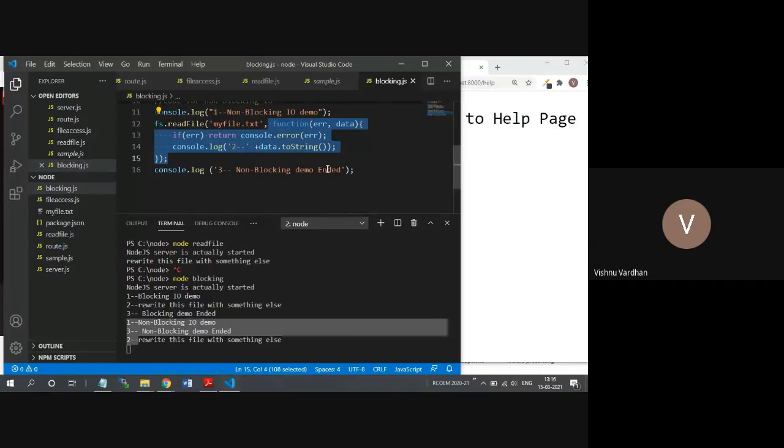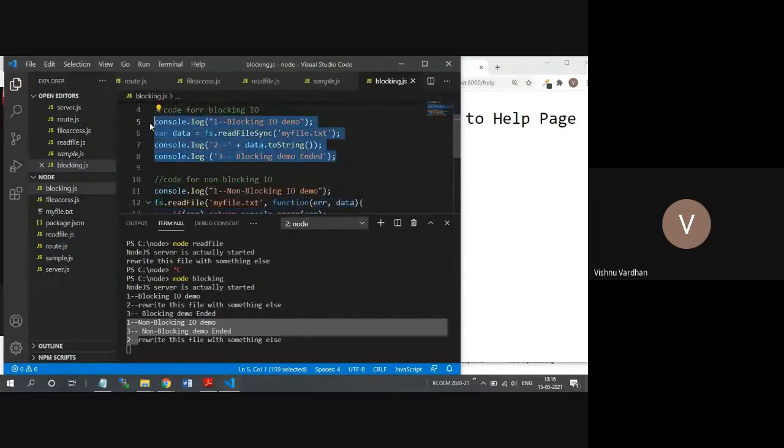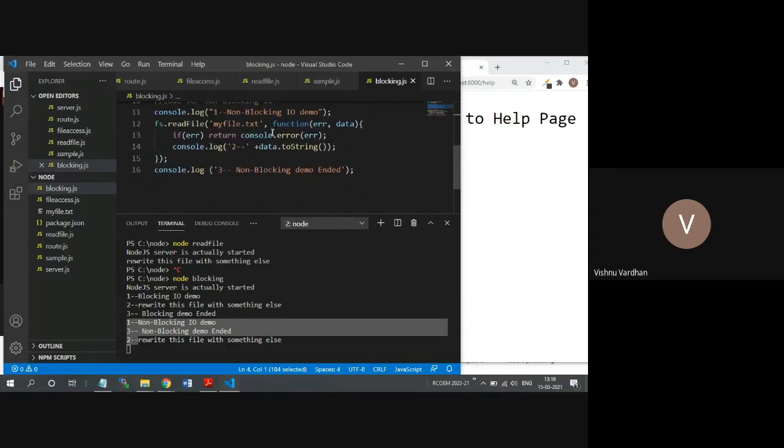Otherwise, you are not taking advantage of Node.js, because this way of coding you can do in ASP, in PHP, in all other technologies. There is no advantage in implementing this way of coding in Node.js. So we generally do the coding by calling the callbacks only.